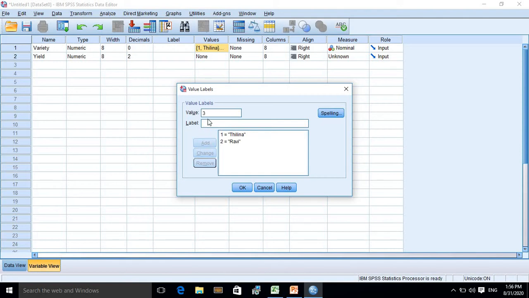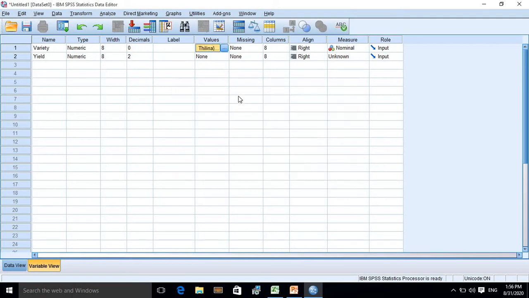Number 3 for Rashmi. Number 4 for Mahesha. Finally, number 5 for Bhatia. Then click OK. This will nicely appear in your output.